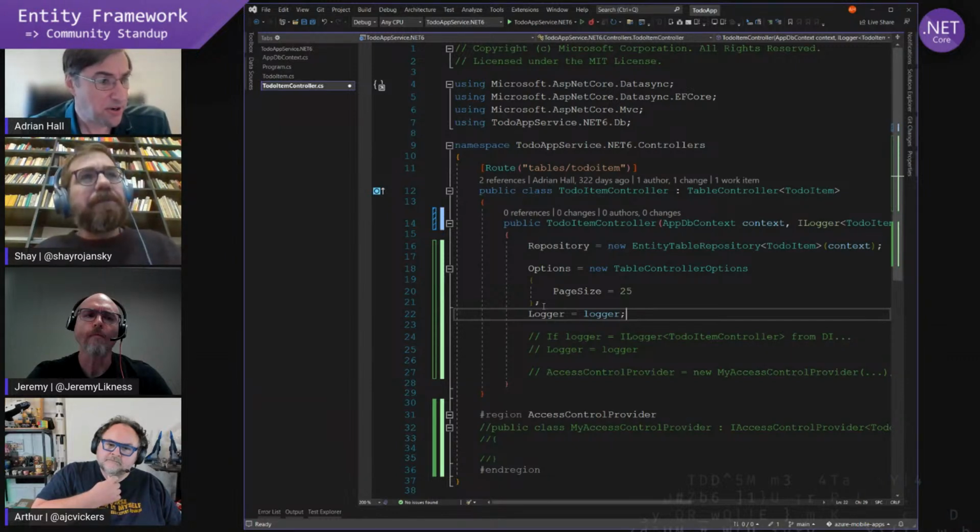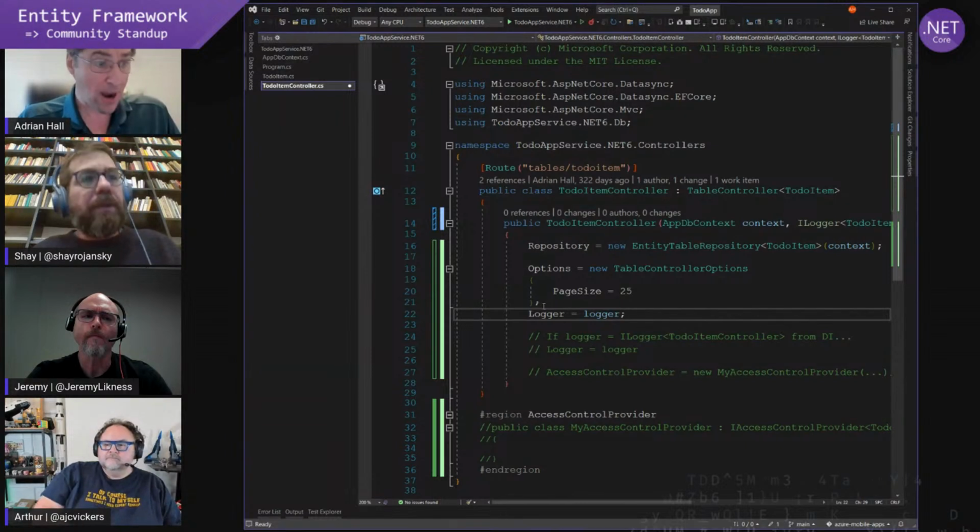Yeah, correct. We're basically saying, hey, set up EF Core with whatever settings you want, and we'll take it from there, and we'll do the right things to translate, for example, the OData query that comes in on a list operation into the appropriate EF query to get the records.